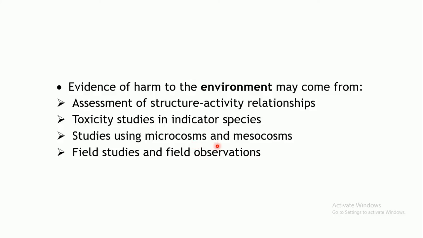These are artificial setups of the environment, where the study of that particular chemical is done in a limited area, and you study exactly what the effects on the environment are. Environmental miniatures are created and the exposure is done, and you can interpret the type of effects which that substance is showing on the environment, and then you can